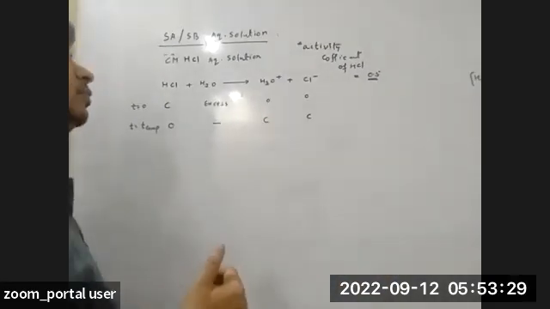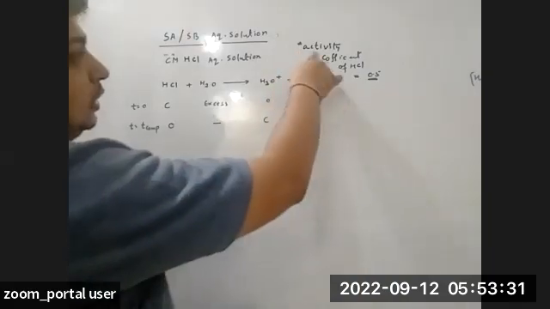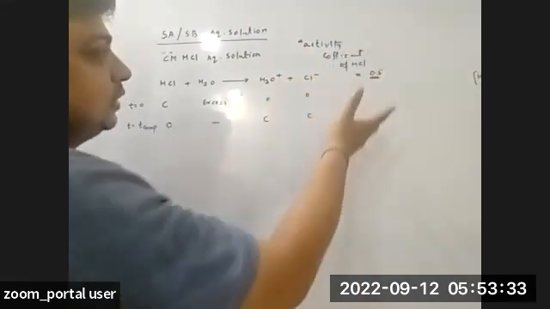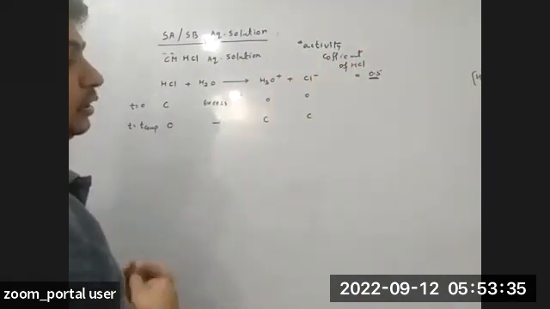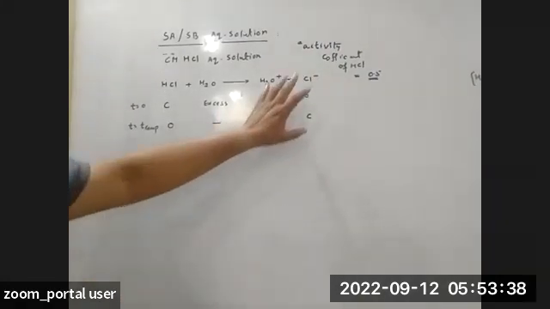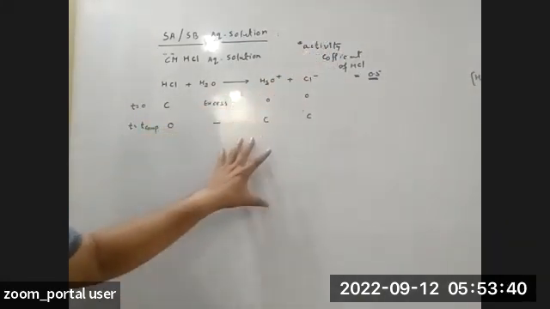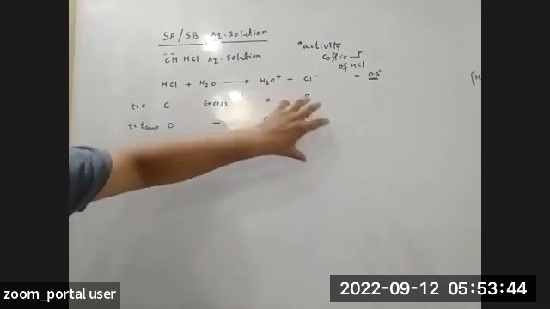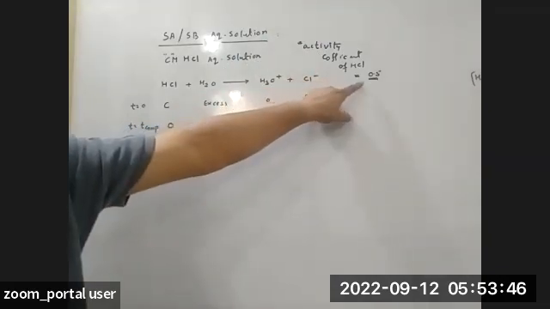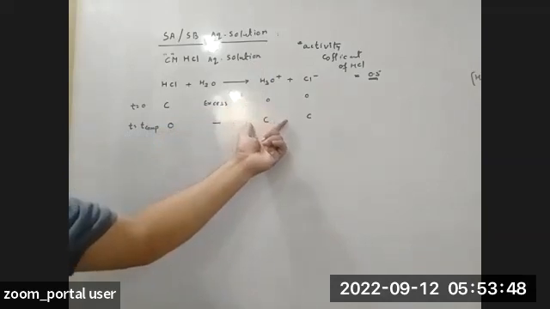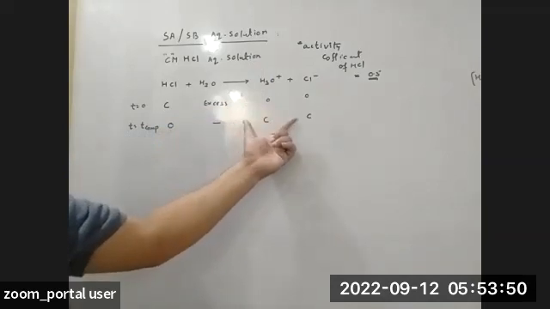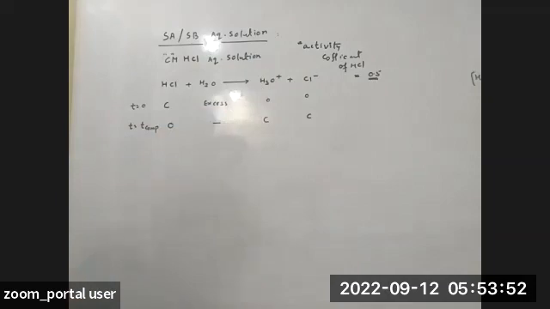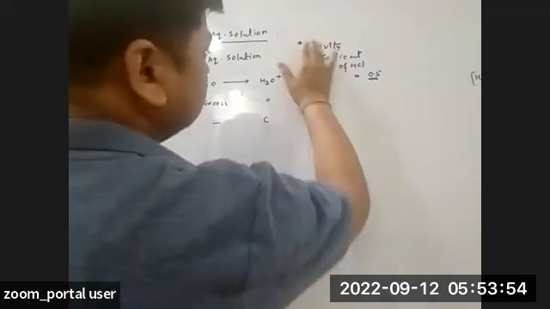But JE may ask you, because they can define activity coefficient and create one problem. So you just be aware of what activity coefficient is. It will be multiplied by that activity coefficient. In reality, total activity will be activity coefficient into concentration. But if nothing is specified, then